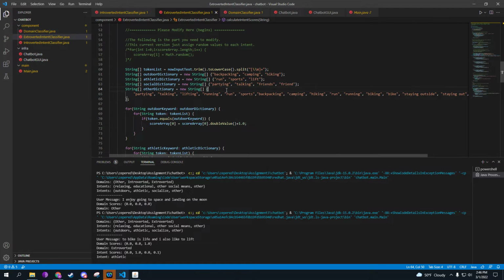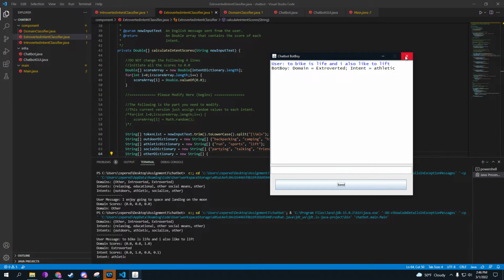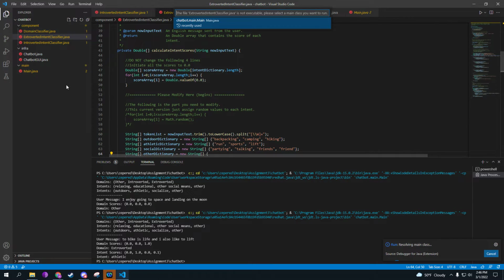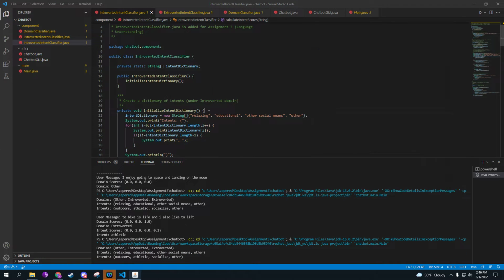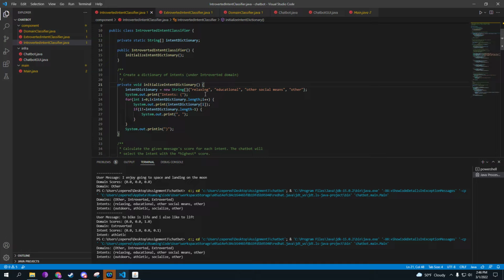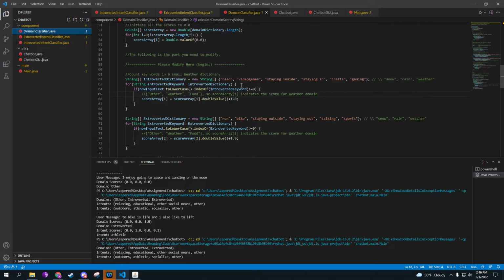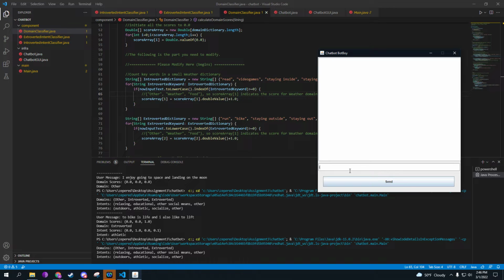Let's say we try another introverted intent. I like reading, coding, reading to code, and running, right?